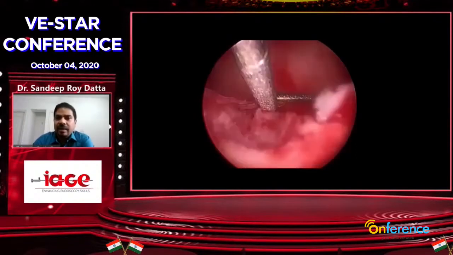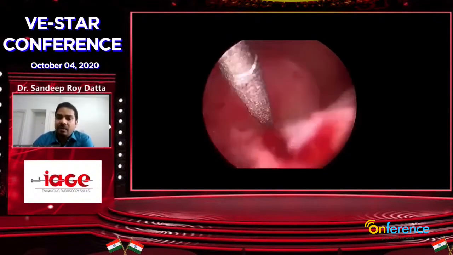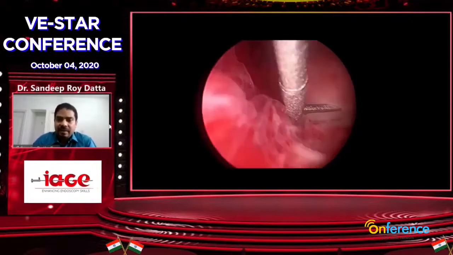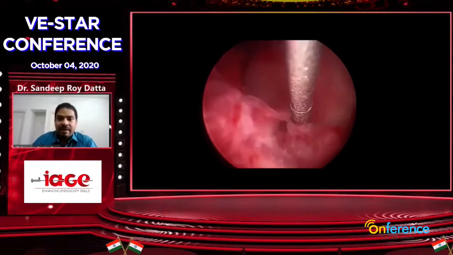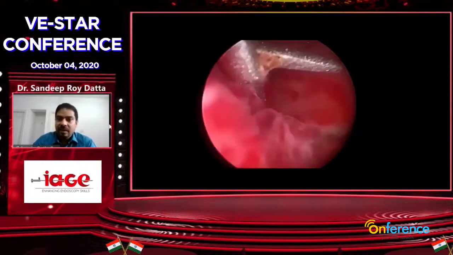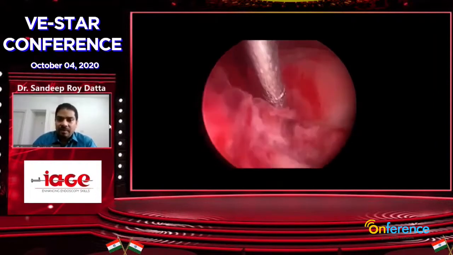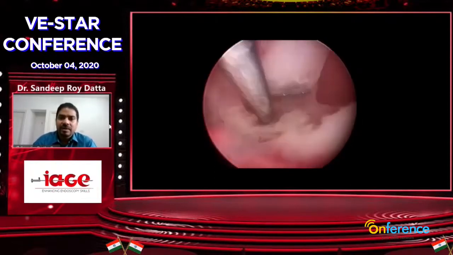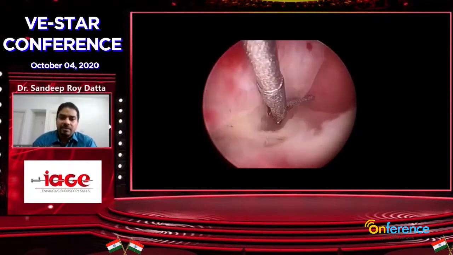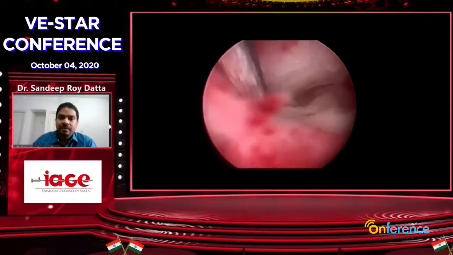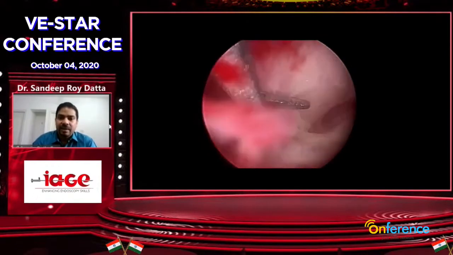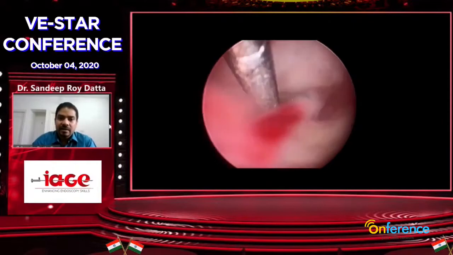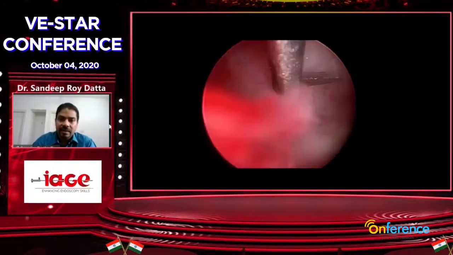Here we can have 2 types of type 0 fibroid. One where the base of the fibroid is quite broad and it is attached to the endometrium. And the second type is a fibroid attached to the endometrium with a very small pedicle. This is not a very big fibroid, around 2 by 2 centimeters. We are using a scissor, and you can see how we use it to separate the fibroid from the endometrium. Here you can see the stalk where the fibroid is attached.